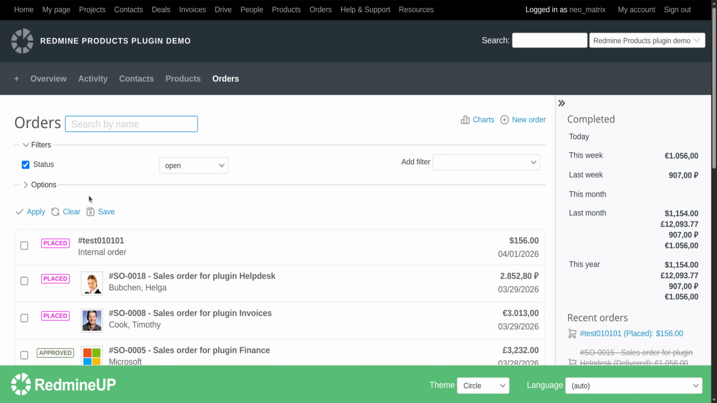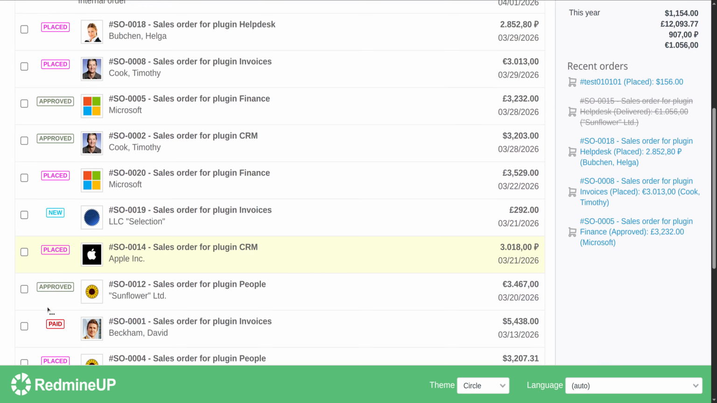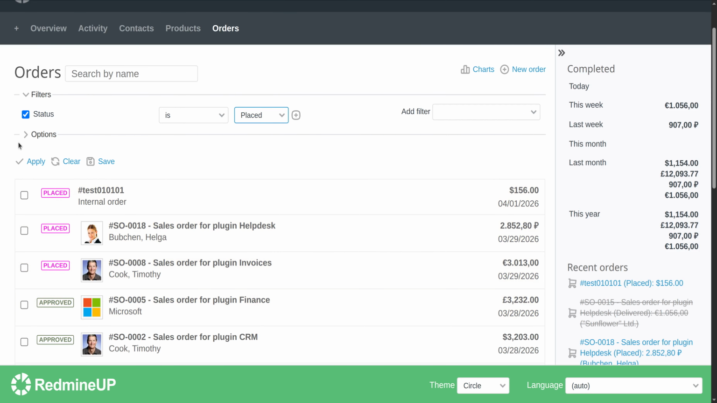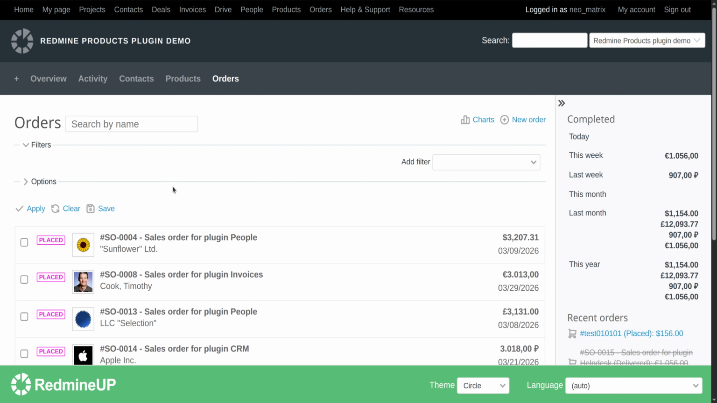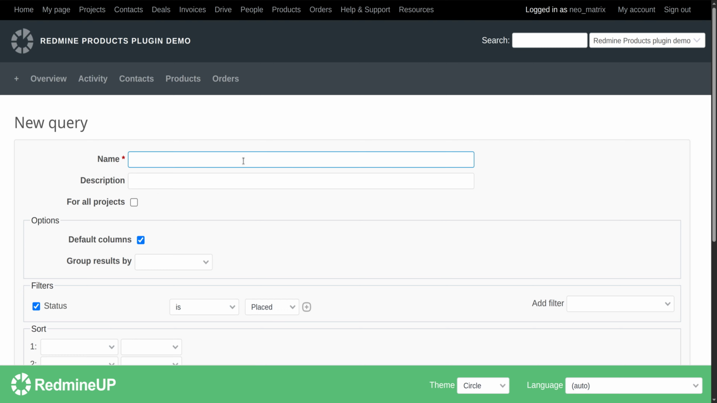So it is the same way as I have showed you in the previous example about the products. So yeah, I'm going to show you some more examples here. For example, the status is placed. You see that we have statuses with a lot of options here, but we want to just list the placed orders. So we filter them in this way, save them in this way,